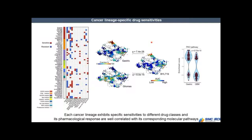What it does is it reduces a lot of the dimensions to be able to represent in a two-dimensional structure. As you can see, each node or circle here is a cluster or group of tumors that has been clustered based on their gene expression profile. So if a tumor has very similar gene information, they will be clustered into one circle. And each circle, or each node, is connected by a line or an edge if they share a tumor in